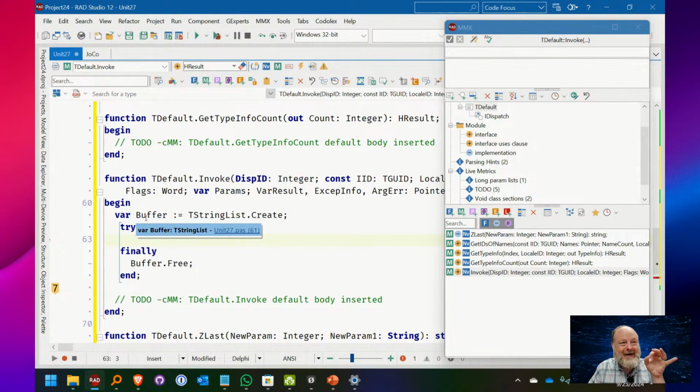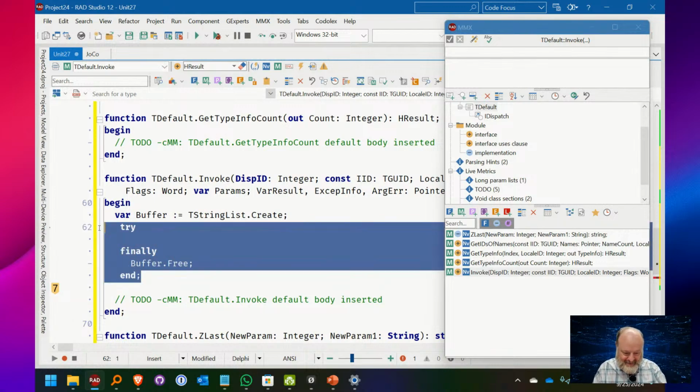Going through MMX, I used this a long time ago, and there's a lot of things where I thought I used to be able to do this in Delphi. MMX was the secret for that. This is great because it understands the buffer was declared right there, so it knows that's what needs to be freed. Way better than the one in Delphi where you type try, right?